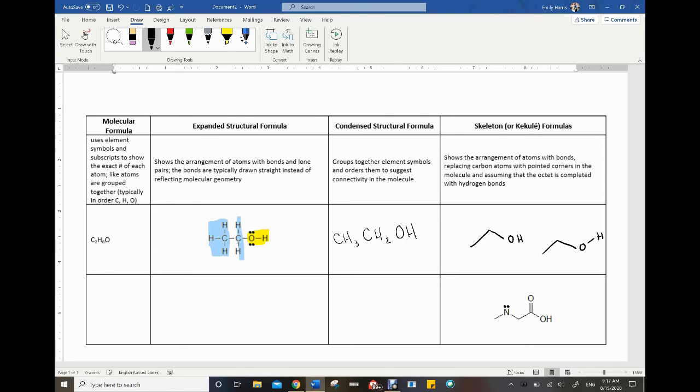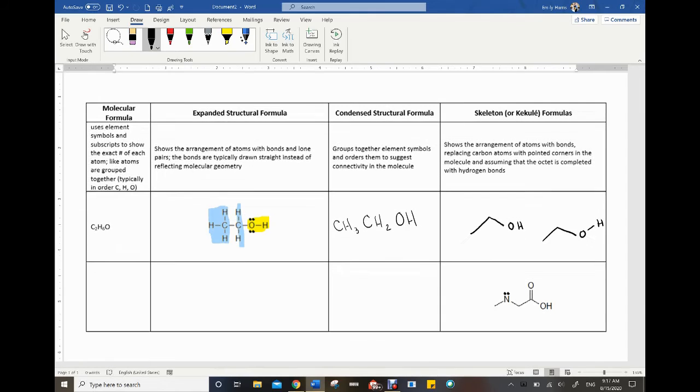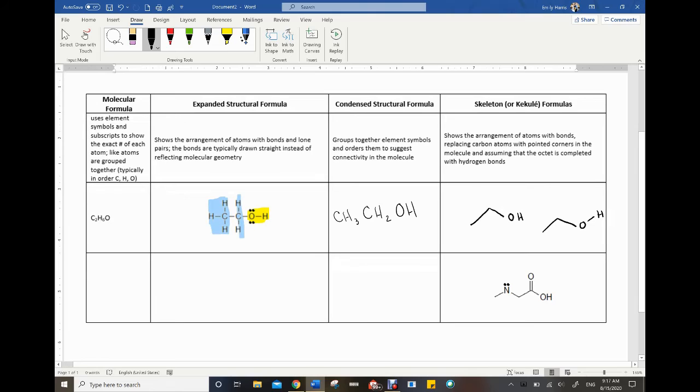So you've got 2 carbons. This leftmost carbon would be understood to have 3 hydrogens attached, and then this middle carbon would be understood to have 2 additional hydrogens attached. So that would be your Kekule or skeleton formula. Now let's go ahead and move down to the bottom formula, where the only thing that I've been given here on mine is the skeleton or Kekule formula. And so we can just work our way from left to right if y'all want to, and start out with